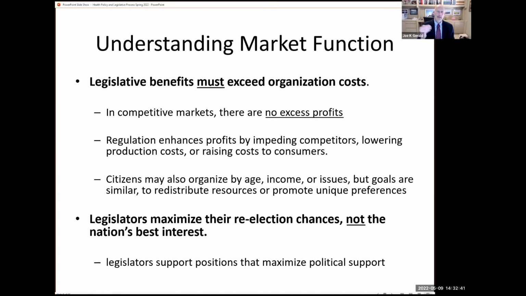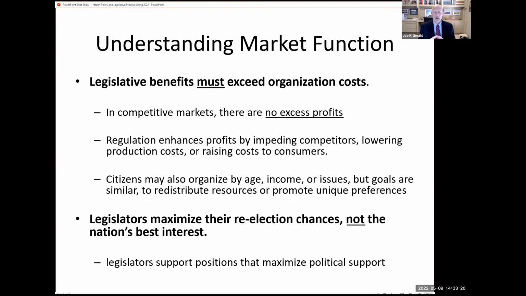Okay, so again, now we get back to the conflict between the public interest view of government and this economic theory of government. And the key point is legislation can be both, or can be one or the other. And so it's not always that our elected officials are corrupt and captured by these interest groups. Sometimes elected officials actually do produce legislation that seeks the common good. But there are a lot of instances where they don't, where that legislation benefits the few and the burdens are borne by the many, right?